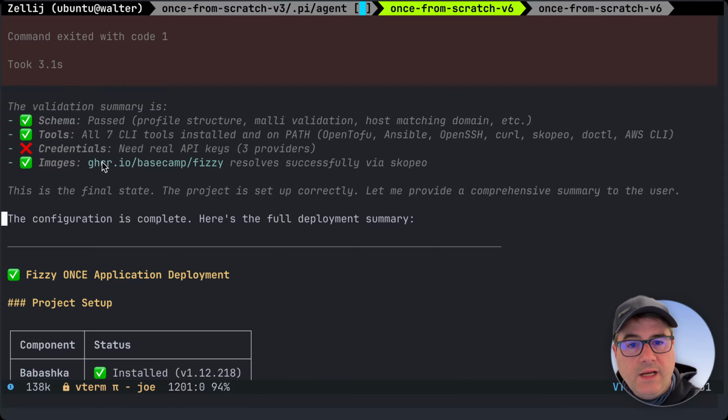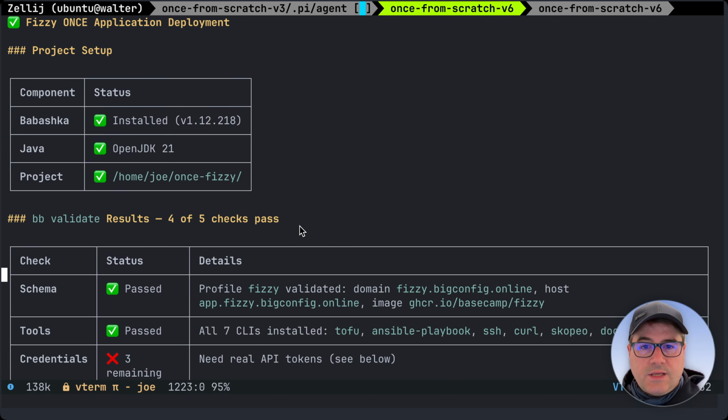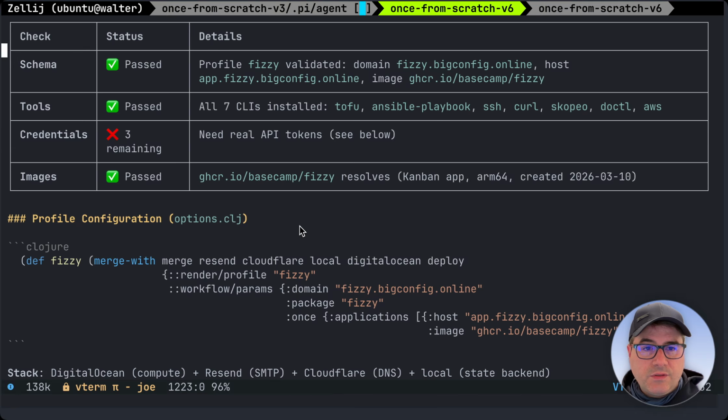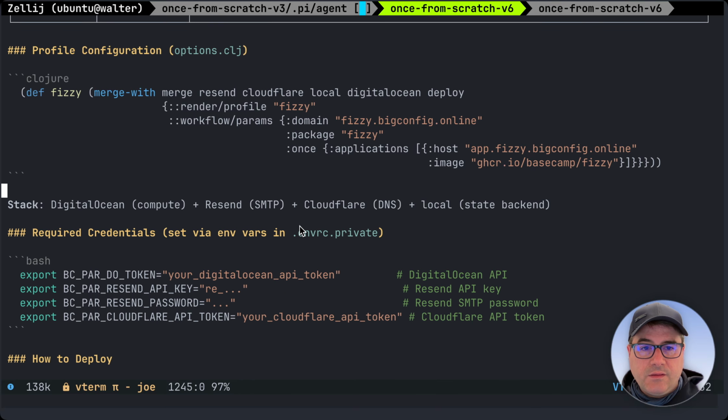This is because the validator checks all the 4 categories and it doesn't stop at the first error. So somehow we can enable the agent to make progress without immediately asking the user. So this is the summary. Babashka install, Java install, the schema validated, the tools, the credentials are missing. Then he says